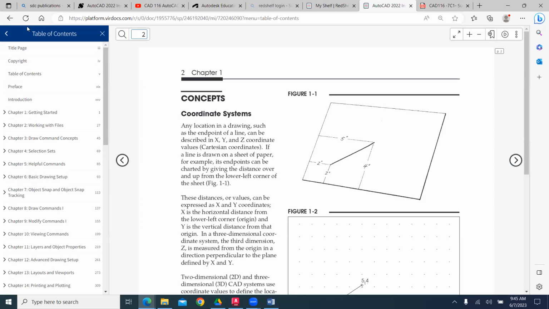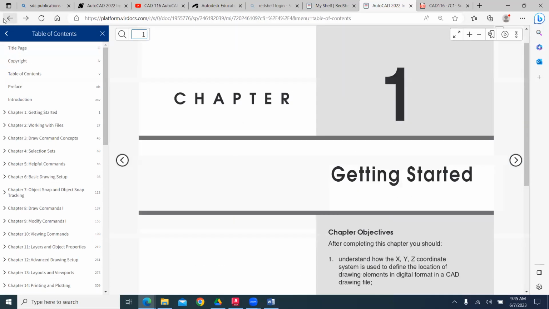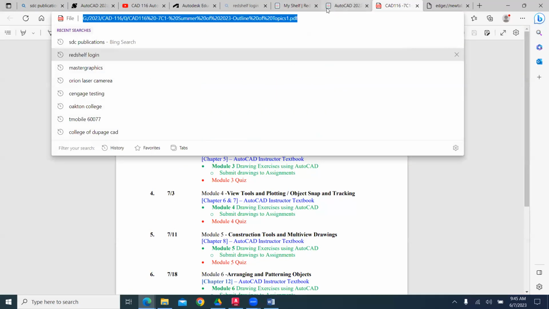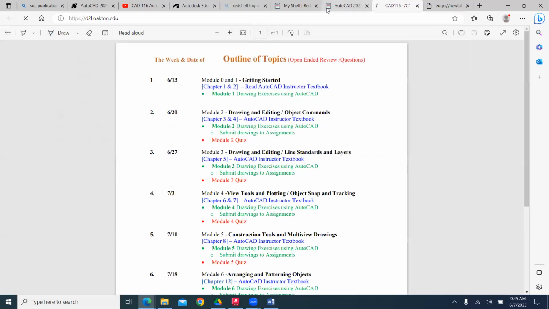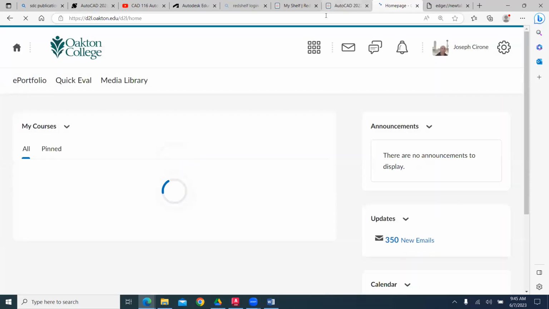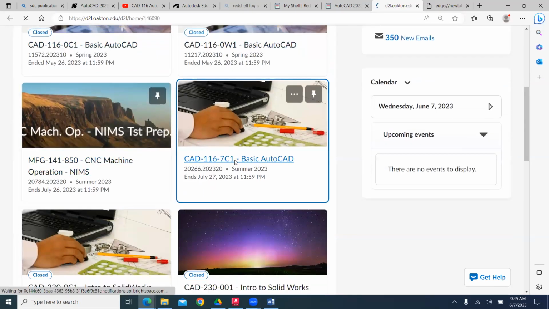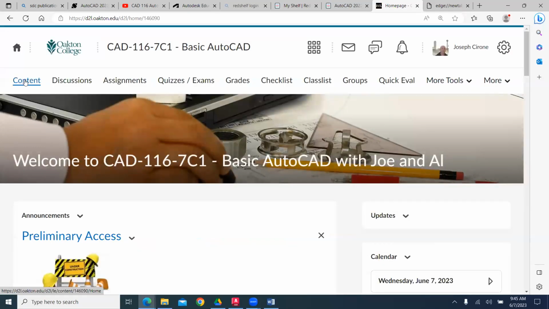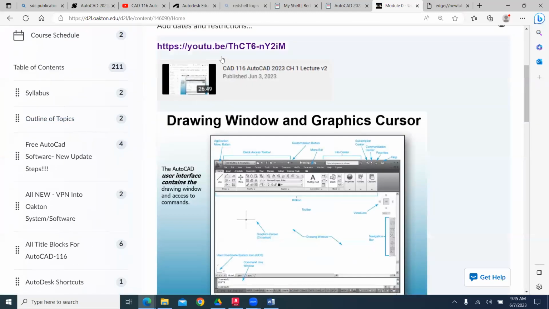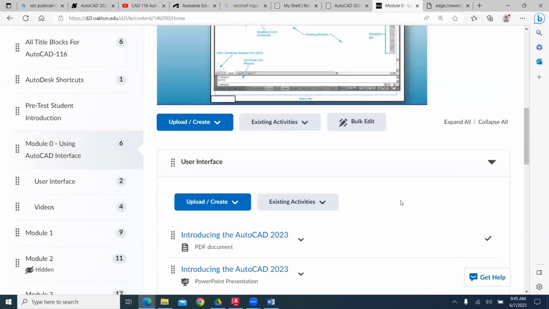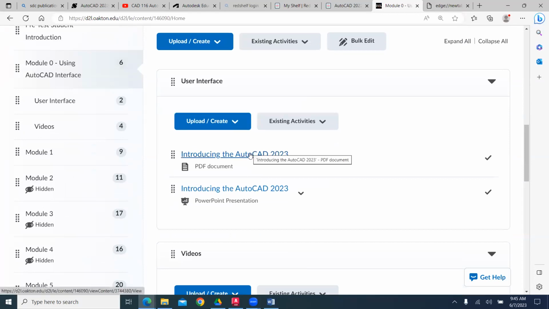And then as we go through and we go into the D2L system, we take a look at our modules. Back to content module 0. So we have a video that outlines the topics, and then we have a PowerPoint that goes through and discusses the user interface. And so if we look at our user interface,